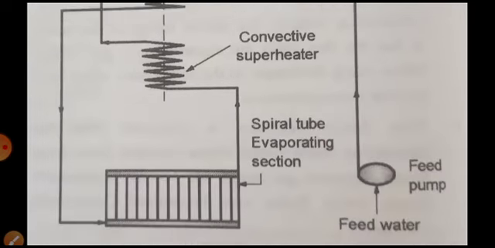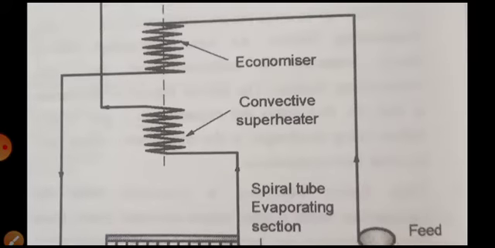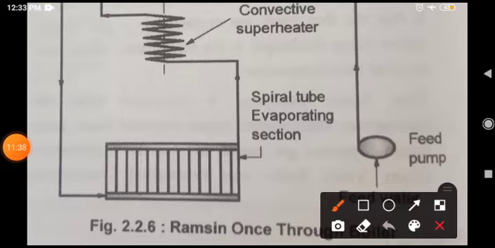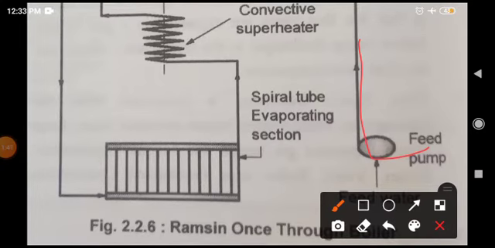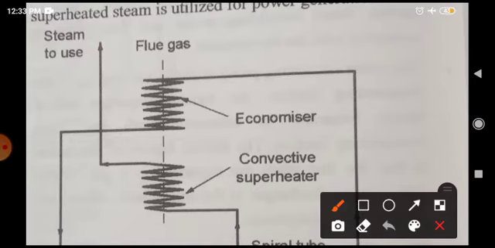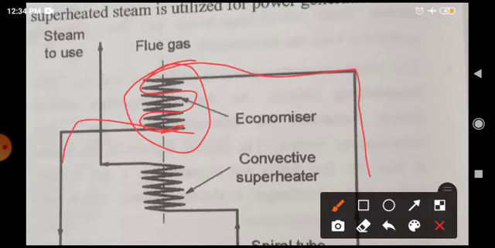You can see here the feed water, which is feeding the water to the boiler. Then the economizer, which is the uppermost part of the boiler casing, extracts some heat from the flue gases. That's why it is called an economizer. Then it is again fed to